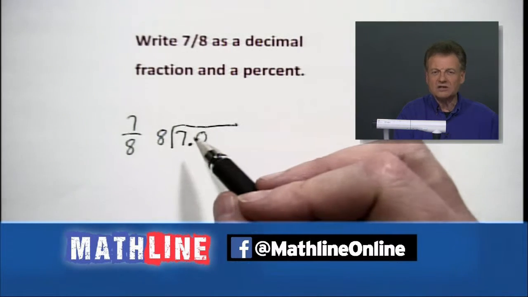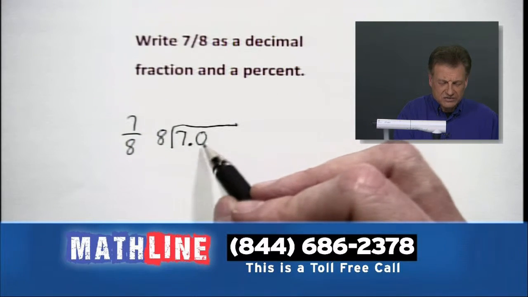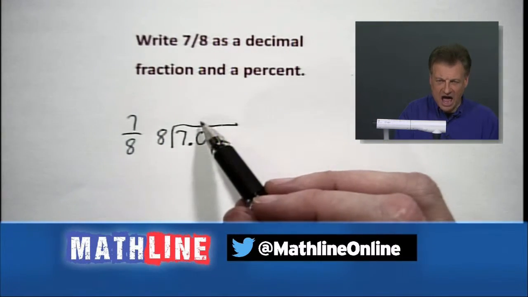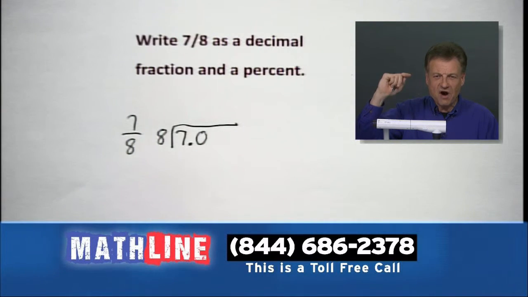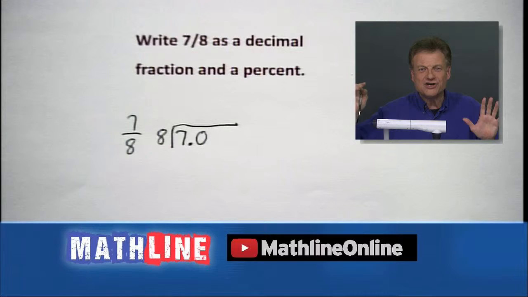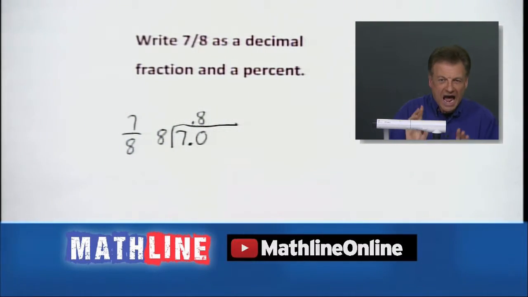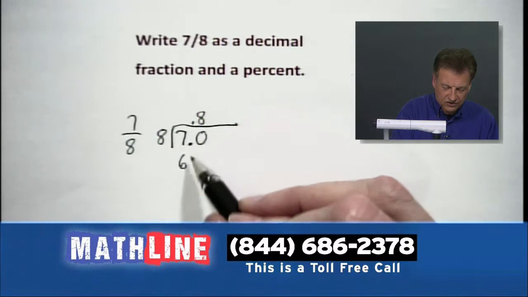It goes in there. We know it goes in there. We know 8 does not go into 7, so we're going to look at 8 going into 70. Big numbers there. And I'm thinking multiplication. If I go 9, I know 9 times 8 is going to give me 72. Over the limit, too far out, way out, okay? So what we're going to do instead is we're going to drop it to 8. I'm pretty sure 8 is going to work. Let's multiply it out. We get 64